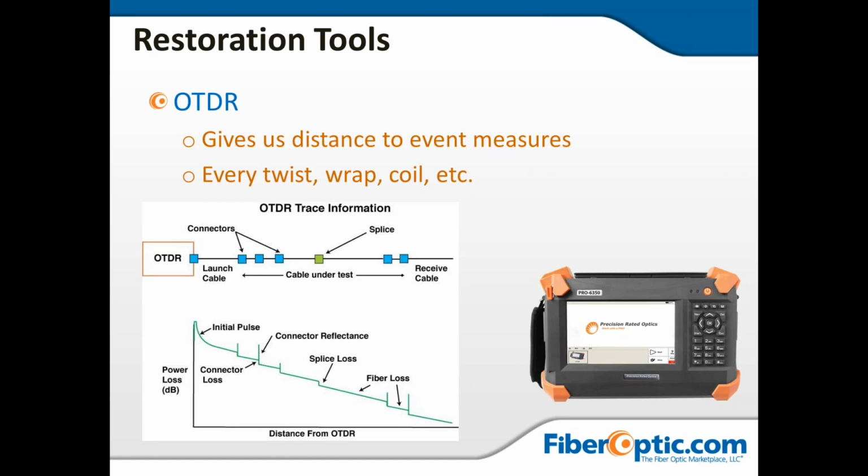because what an OTDR is doing is it's sending light from one end, it's hitting an object, reflecting a little bit, and coming back towards the source, which also has a splitter in there to send some of that returning light back to a receiver. It clocks that time, and then it divides it in half, and using the index of refraction, if it knows the speed that it's traveling and it cuts the time in half, it can do a calculation of the distance to that event. So that's an important thing that we need to understand: one, the index of refraction, two, any